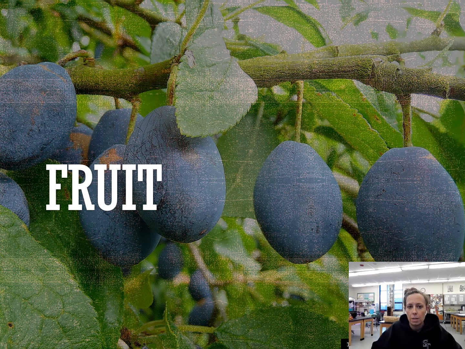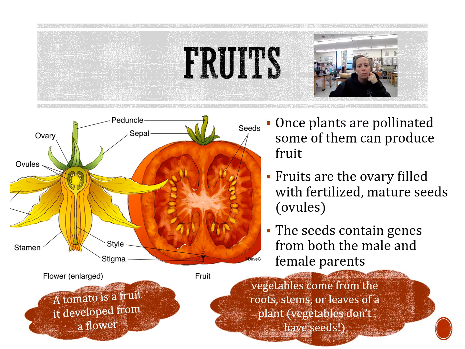This lecture, we're going to be talking about different types of fruit because we already did flowers and then we did pollination. And once the flower is pollinated, it's going to produce fruit. So fruits, what you need to know, what I just said, once a plant is pollinated, some of them can produce fruits. So fruits are going to be the ovary of the plant or of the flower that's fertilized and filled with mature